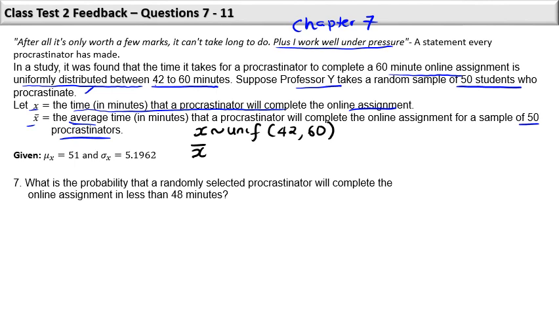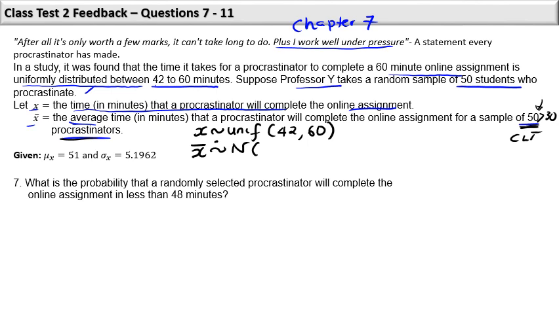You will recall from chapter 7 that since X follows a uniform distribution, we need to investigate a few pointers to find the distribution of X bar. The one thing we look at is how big our sample size is. Our sample size is 50, and 50 is greater than 30. So we can invoke the central limit theorem to say that since our sample size is greater than 30, X bar will follow approximately a normal